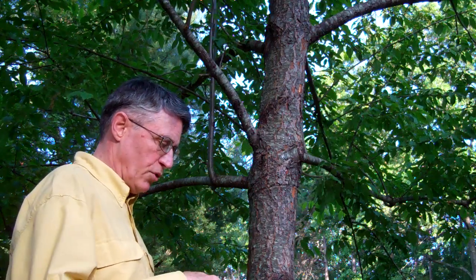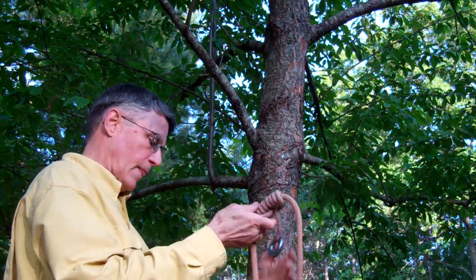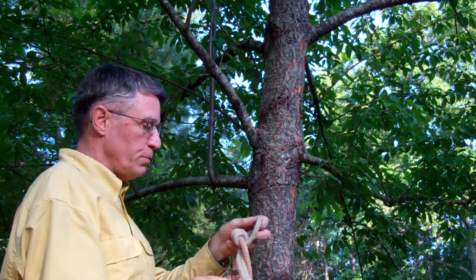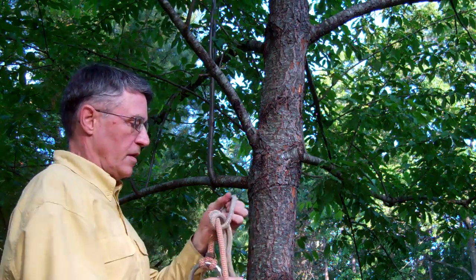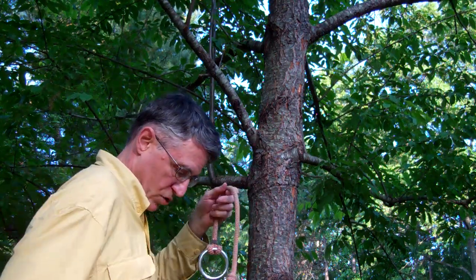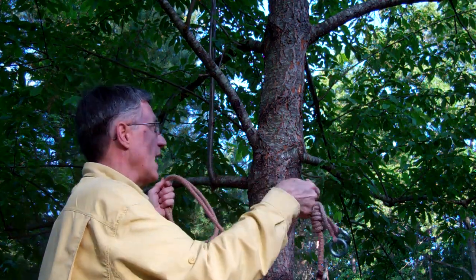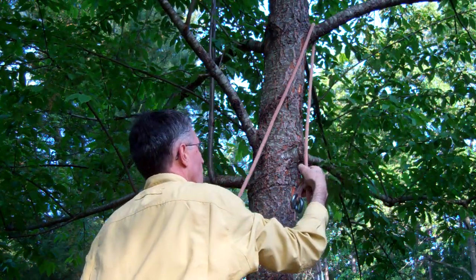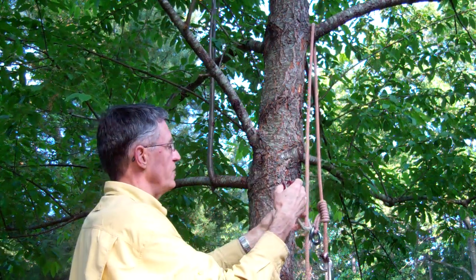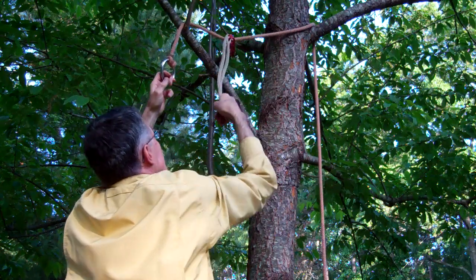Those were the redundant tie-in points. Now I'm going to do the equalizing rig. To do that, I'm taking the pinto pulley off, and I'm going to throw the terminal ring and the prusik over one tie-in point. I'm going to pass the large ring through the legs of the pinto's prusik, push the cordage aside, put the large ring over the second tie-in point,